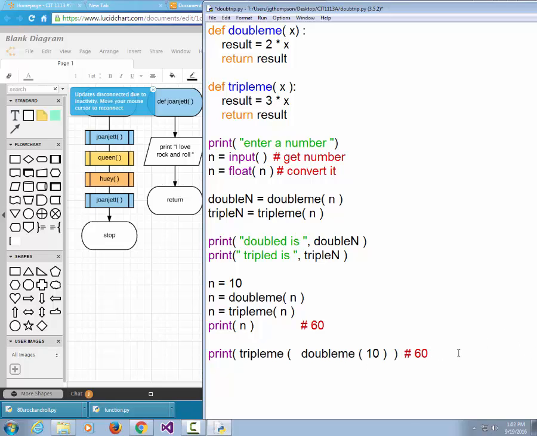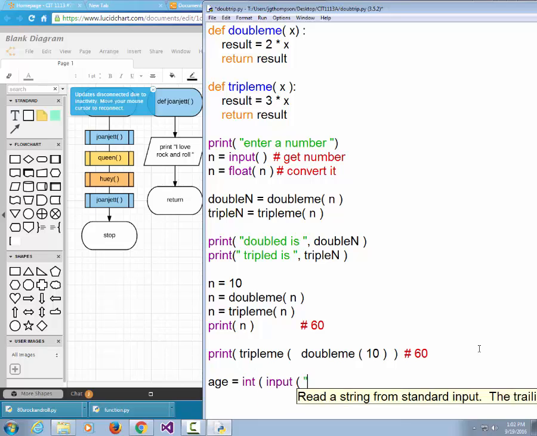You'll see people do this, and it's okay to do this, but I tend to separate the steps. But you could do this. Age is equal to int parentheses input parentheses enter your age. What this does